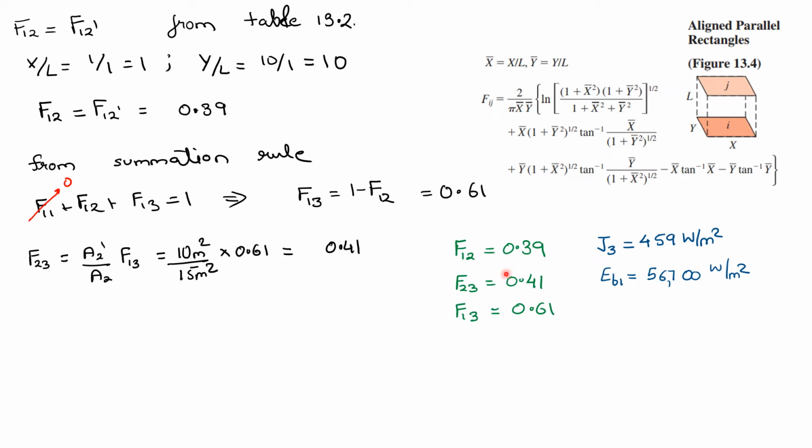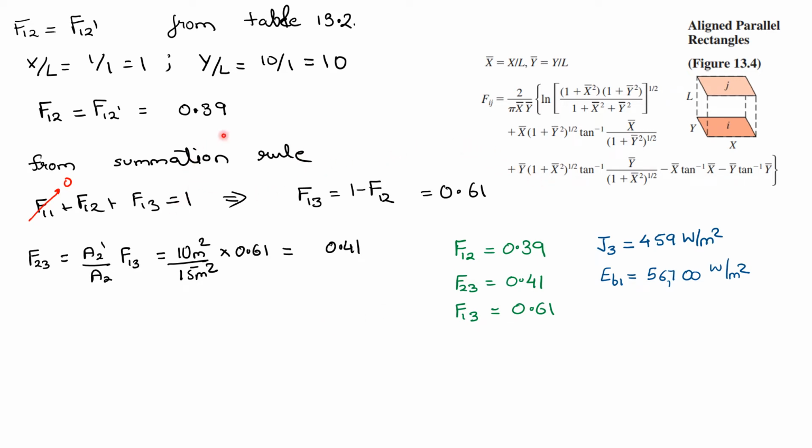So far we have calculated F12, we've calculated F23, and we have calculated F13, and we know what J3 is, and we know what EB1 is. Up till here, we've seen how we can use table 13.2 and use